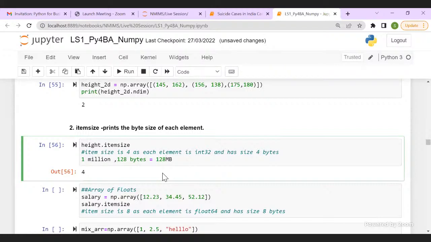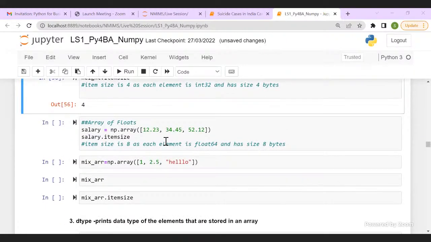So in case you have space issues or processing issues, the size of the array becomes important in terms of the data type you have chosen. 1 million or 10 million data points is a very normal case when you're dealing with industry data sets. So what kind of array you choose to represent, what data type you choose, becomes important.